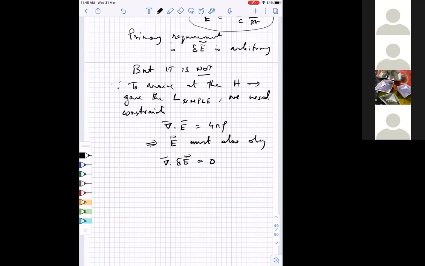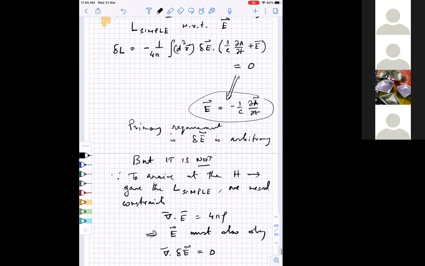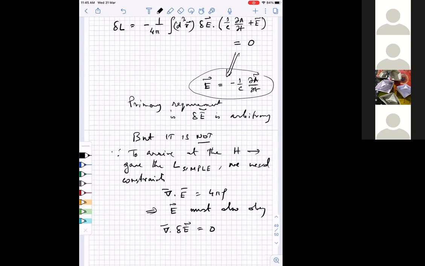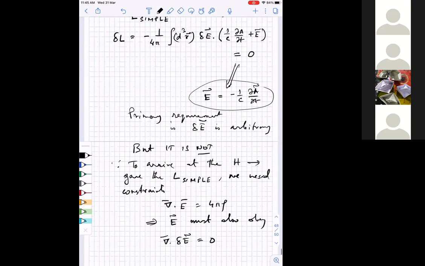So for any given charge density, this was the case. So this has to be 0. So this basically means that this delta E arbitrary is not true, because it also has to satisfy this thing. So we want this vector in the bracket, which is multiplying delta E. So now if I want to satisfy this equation and this equation,